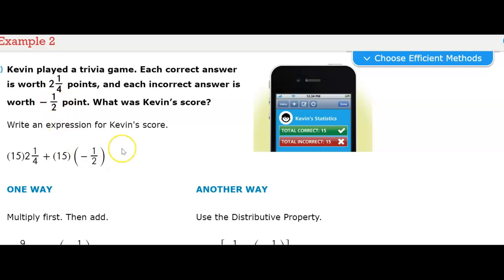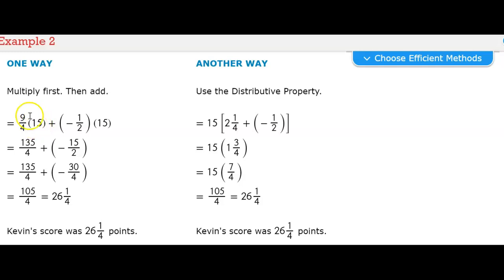So if we multiply the two, as they show us here, we multiply first both sides, and you get 135/4 for the correct answers, and then negative 15/2 for the wrong answers. Then you add them up. And so when you add them up, they do have to have the same denominator. So 15/2 turned into 30/4, and now they have the same denominator. So you subtract 135 minus 30, which equals 105/4. And then you have an improper fraction that you need to change into a mixed number, and 26 1/4 points